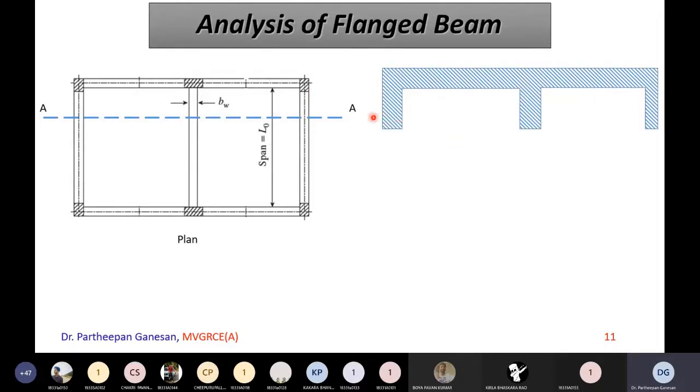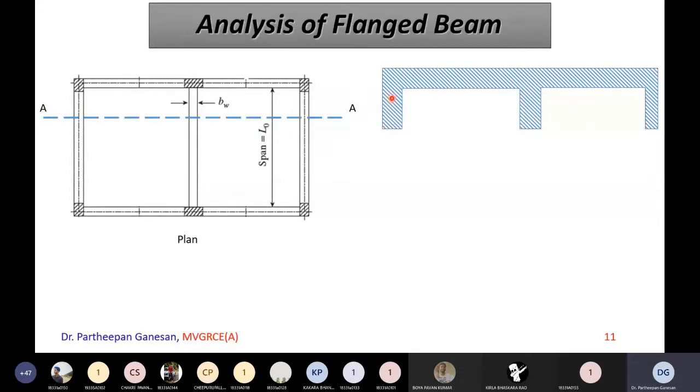So if you cut this one and view the slab and beam, it will look like this, right? This beam is this one. This beam is this middle one. This is this end one. Now when you cut this one, obviously the slab will be there on top. Okay, so this is the cross section at AA. Now you see, this is the end beam. This is also an end beam. This is one end beam, this is another end beam. So I cut the cross section like this.